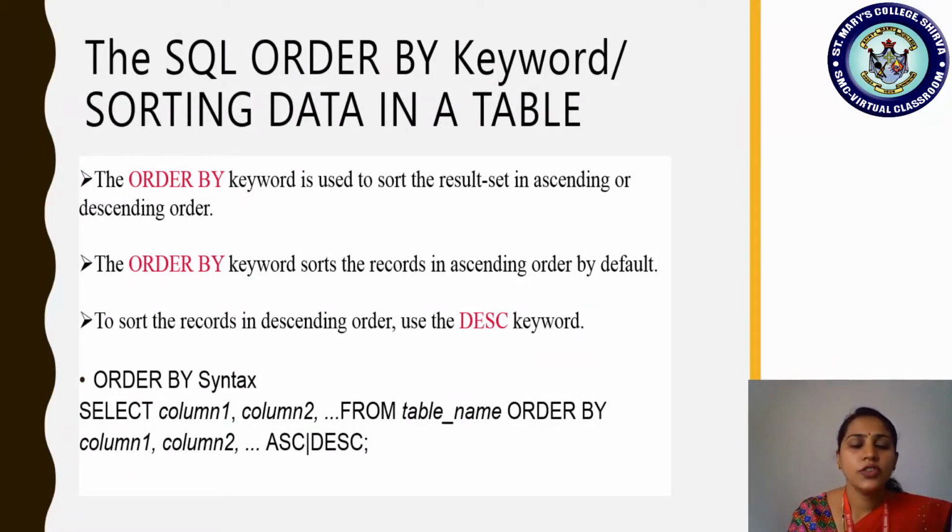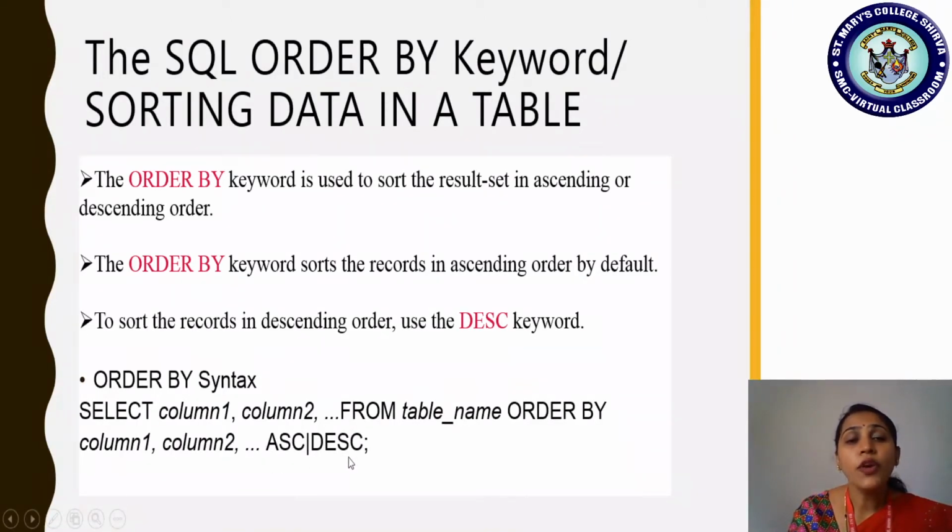So just concentrate: select, followed by which columns you want to view in the result, that column information you are giving. And with the from keyword, you are supposed to mention for which table you are putting the condition or using the sorting. Then for sorting, the keyword we are supposed to use is order by. Then column 1, column 2. When a table has many attributes, to which attribute you want to apply the sorting, that you should mention after the keyword order by.